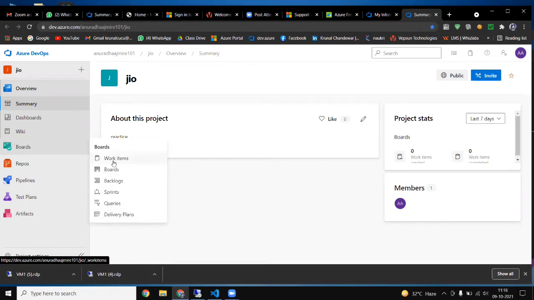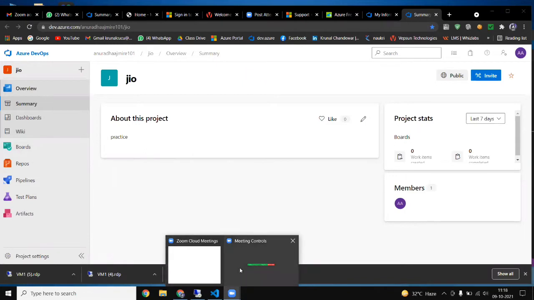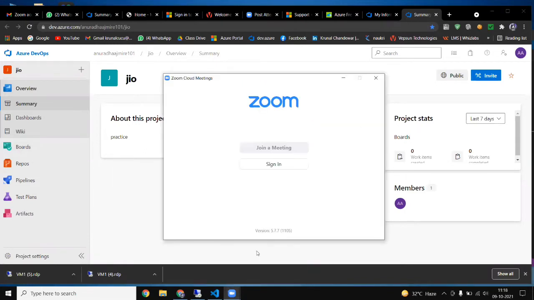Okay, can anyone tell me about work item? What is this as per your knowledge? Yeah, we are hearing.